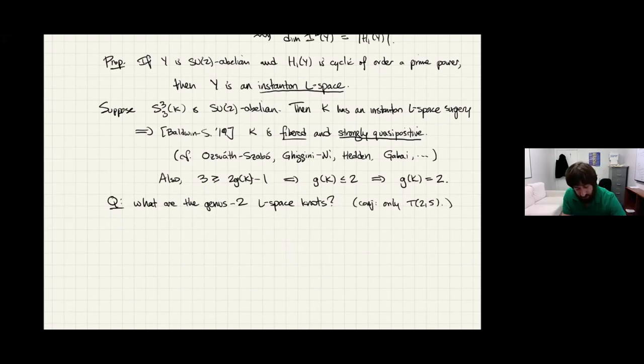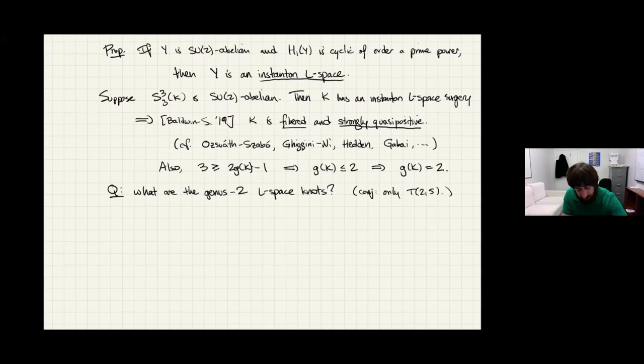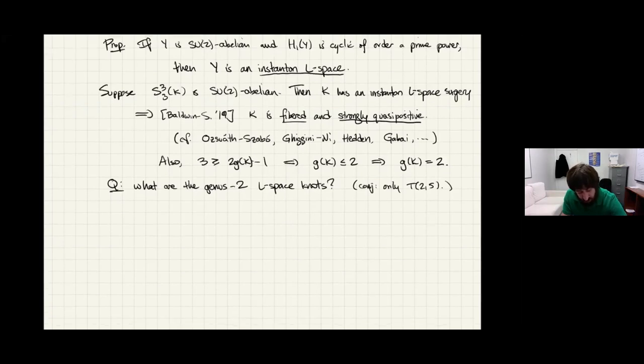So sort of a straightforward computation. There's a surgery exact triangle in Heegaard Floer homology, and there's one in framed instanton homology that behaves essentially the same way. If we apply the surgery triangle, every time you go from n surgery on a knot to n+1 surgery, the rank changes by at most 1.